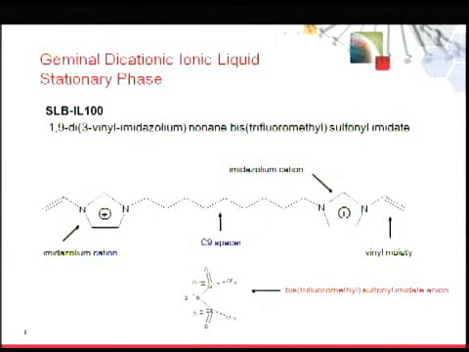First of all, in this particular case, I'm showing the imidazolium cation. We could have many different cations: imidazolium, phosphonium, pyrrolidinium, just to name a few. So that's one thing that we can change. We can also change the functional group on the cation. In this case, I show the vinyl moiety, but we've put butyl on there, we've put phenyl, we've put larger, bulkier groups, again to change the overall selectivity of the cation portion of the ionic liquid. And then finally, the spacer.